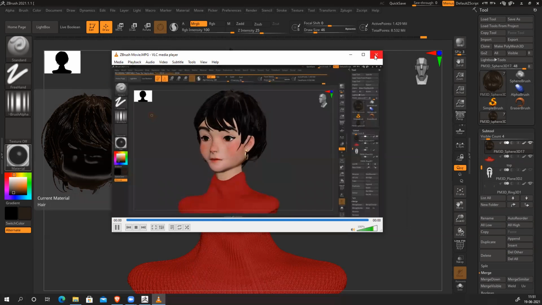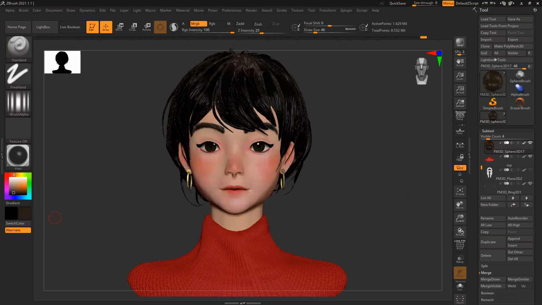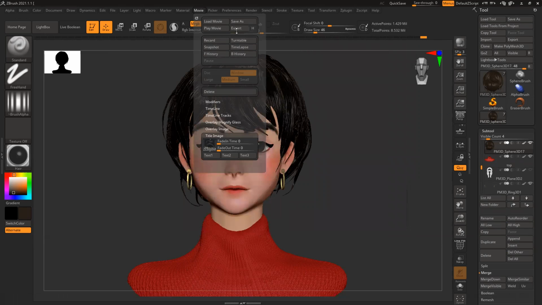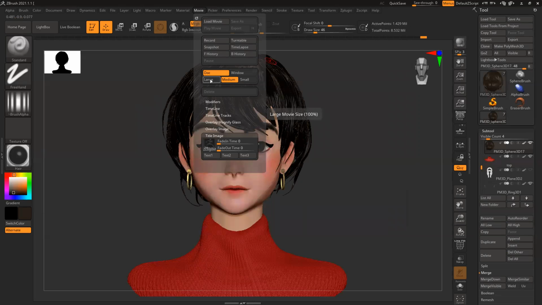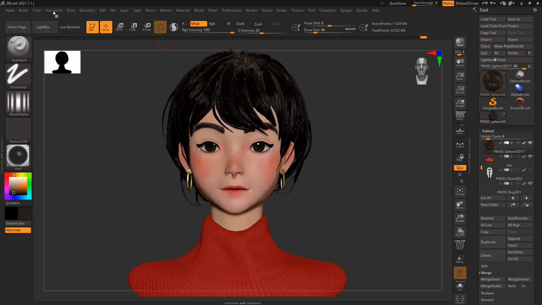But if I want to make it a full HD, full size render, what I have to do is go to Movie. This movie is not required, so delete it. Then go to Movie again, Doc size, large size. Now it will render the full resolution, whatever your document size.